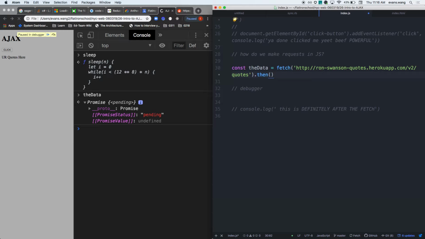I'm invoking a .then on the promise because fetch returns a promise, right? So if fetch is being invoked, it returns a promise object. I'm doing .then on a promise. So if I'm doing .then,